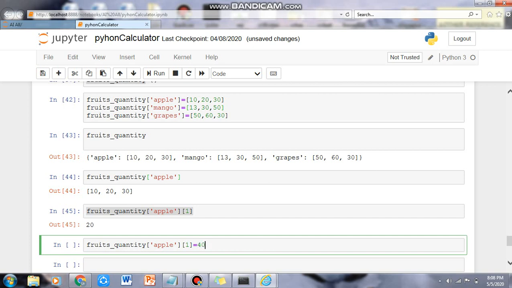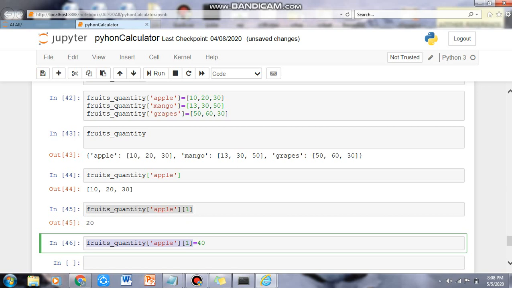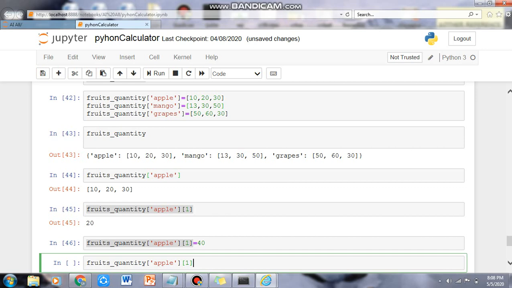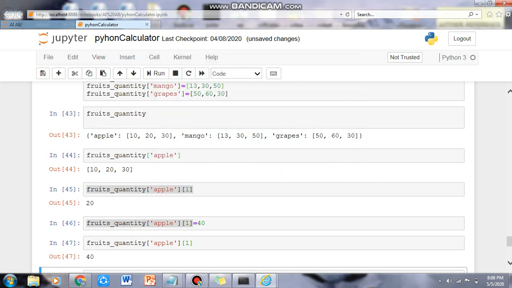We'll just write equals to 40, and then it has been updated, and we'll again see what has been changed in our dictionary here.